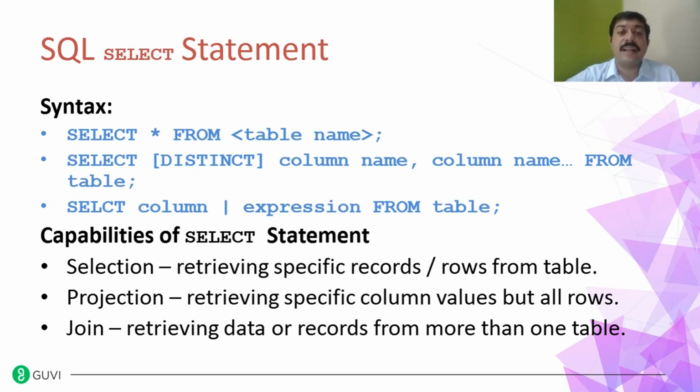Next statement is SELECT DISTINCT. DISTINCT is kept within square brackets. Square brackets mean it is optional, we may or may not need it, it is not mandatory to write always. The DISTINCT keyword is required if we need to fetch unique information from the database. Suppose we are querying and sometimes there may be some duplicate information. So if we write like this, SELECT DISTINCT